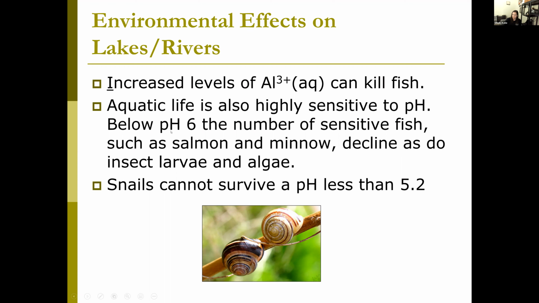So below a pH of 6, then that's going to start affecting fish like salmon and minnow, as well as the larvae and algae like plant life and baby bugs. And for example, snails can't survive less than a 5.2. So they're very, very sensitive. And once we start putting in acids into the water, you're screwing up that pH. You're going to get killing off of all the little things. And then as you know, that has an effect on like a food chain. It's going to work its way